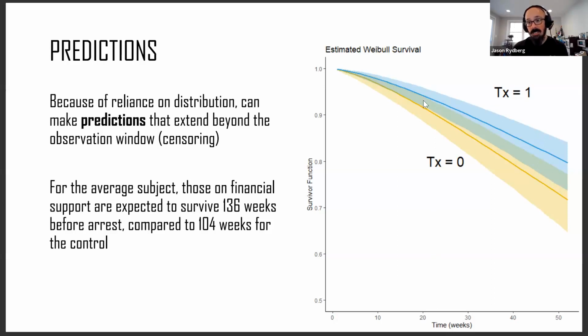And so that makes sense. When you look at this, you can see how the survival is essentially flattening here over time. This would have to extend out on the x-axis, but until 136 weeks. Again, that's in the treatment group compared to the control group, for 104, which again, when you look at those coefficients, the difference, the ratio between those two,